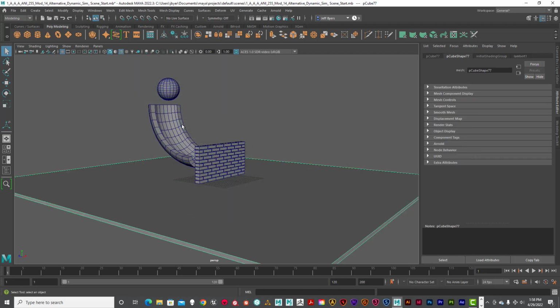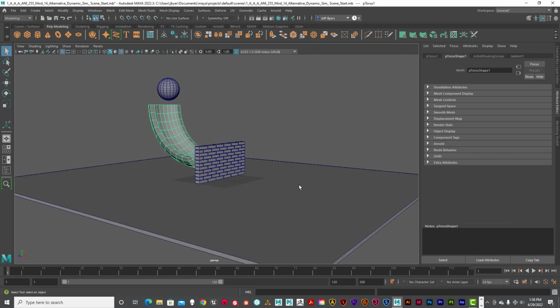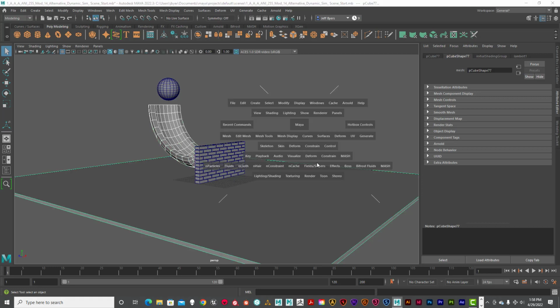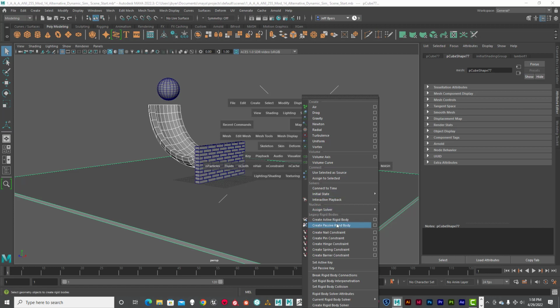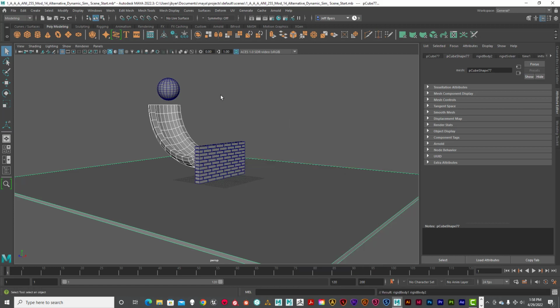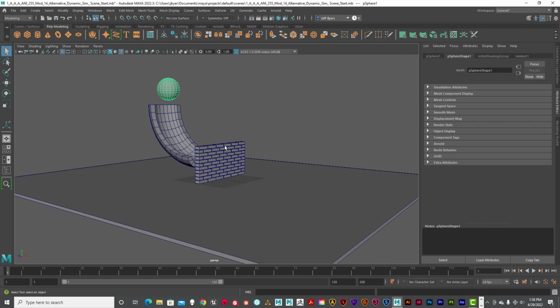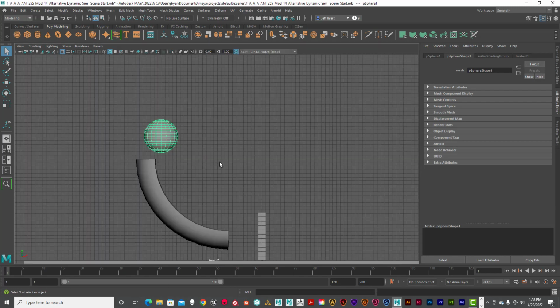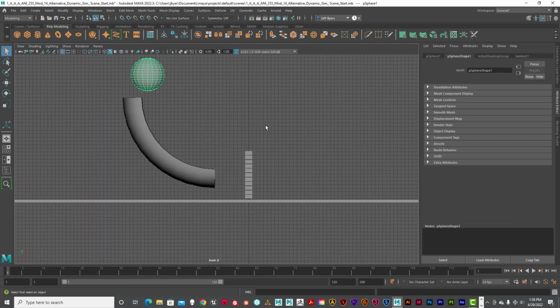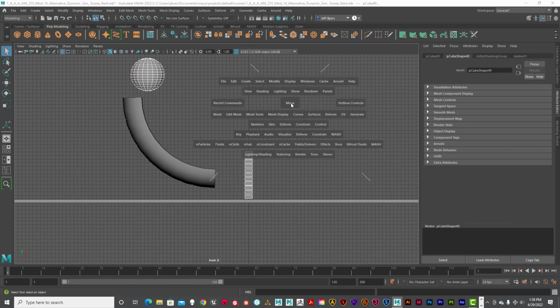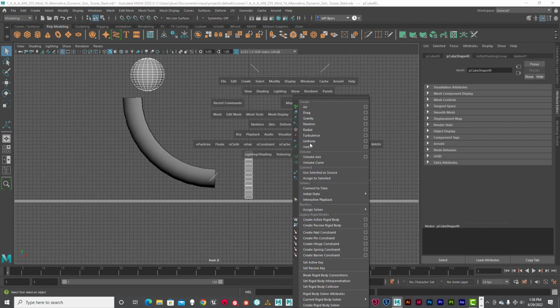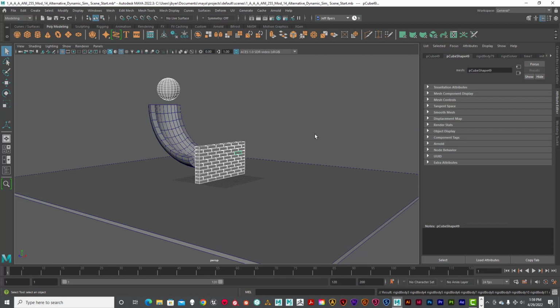We're going to go ahead and add passive rigid bodies. So we're going to select this slide and then shift select the ground. And we're going to go into Field Solvers and go into Create Passive Rigid Body. Now we're going to click the Wrecking Ball and all the bricks. Go to the side view and let's go ahead and shift select all the bricks. And we're going to go to Field Solvers and click on Create Active Rigid Body. Go back to your perspective,